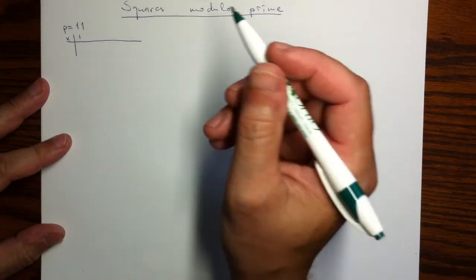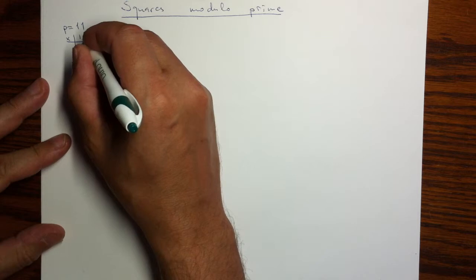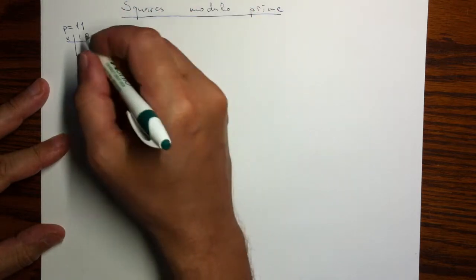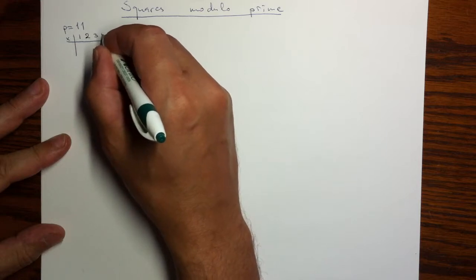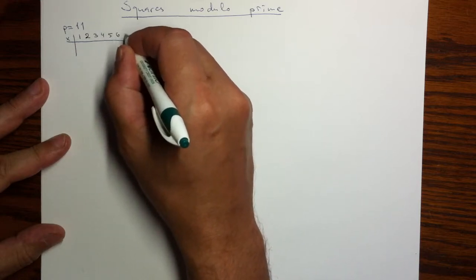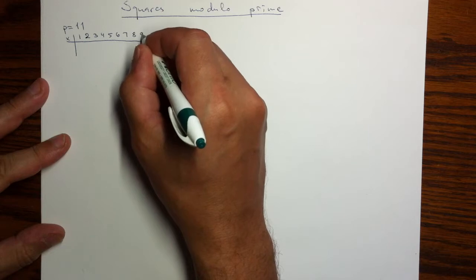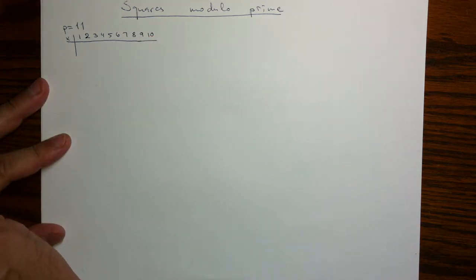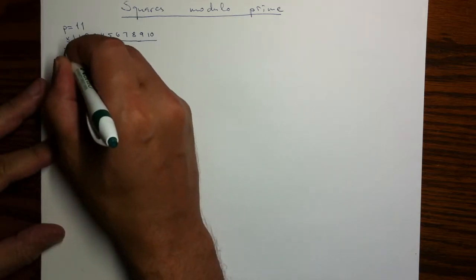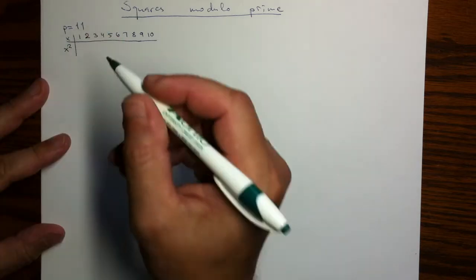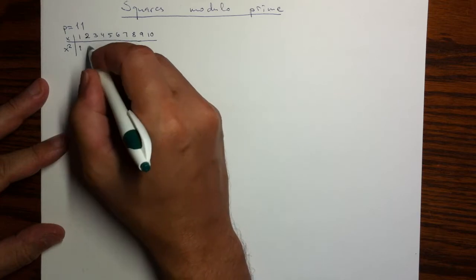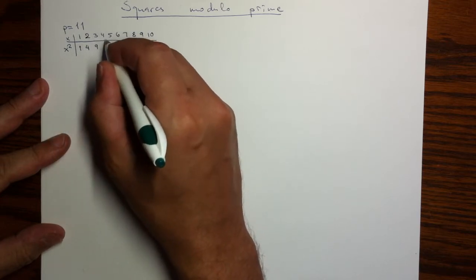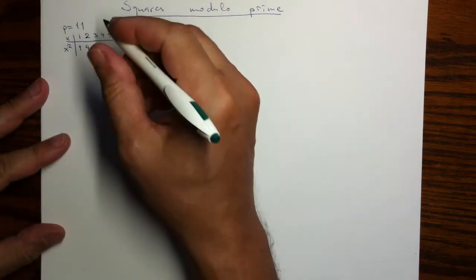Well, 0 is always 0, it is not interesting, and 1 is also not interesting, but it is good for the picture. So 1, 2, 3, 4, 5, 6, 7, 8, 9, 10, listing only residues which are non-zero, and then computing the square. 1 squared is 1, of course, 2 squares to 4, 3 to 9, 4 to 16, but reduced modulo 11